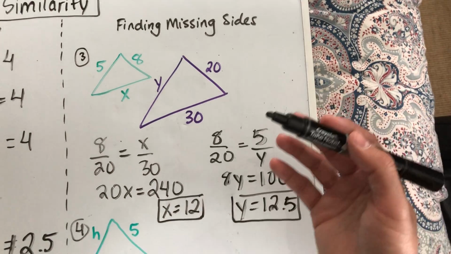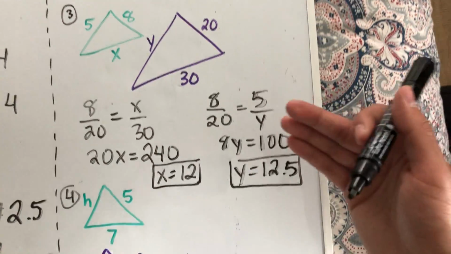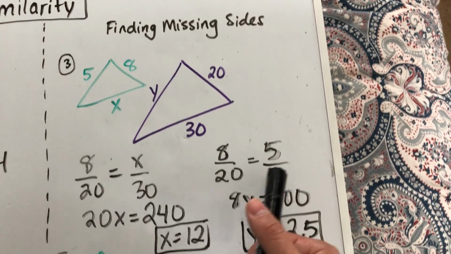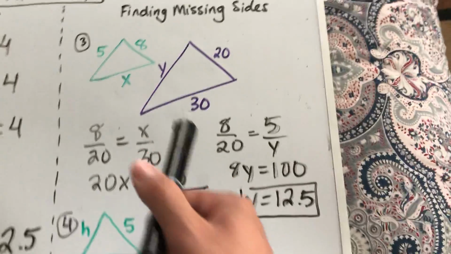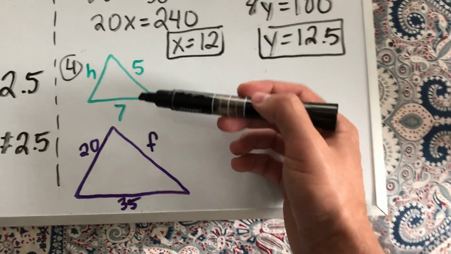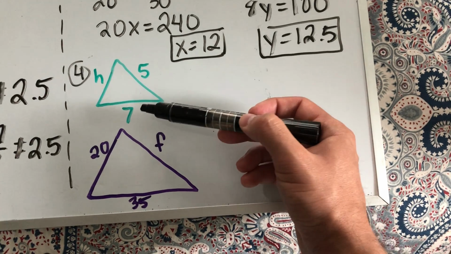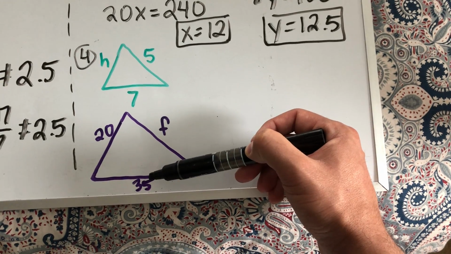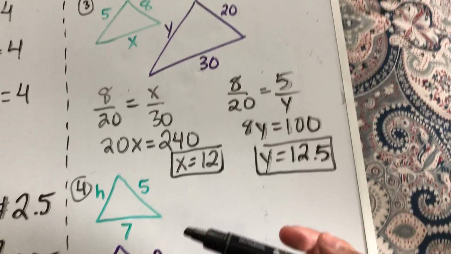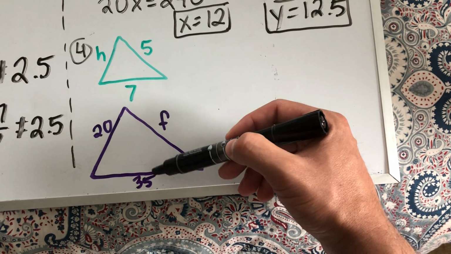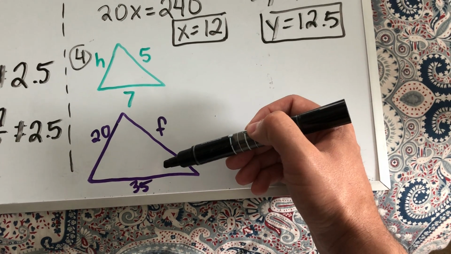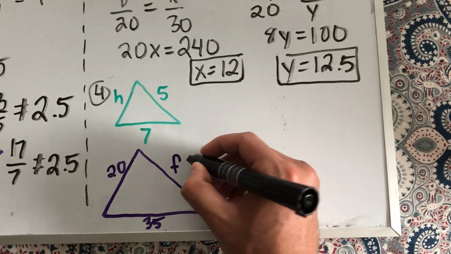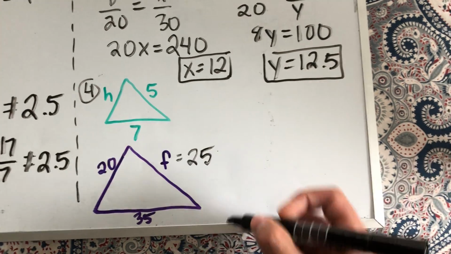So to find missing sides, when you're dealing with similar shapes, you make proportions and you solve. All right. Sometimes, so for this one, it wasn't that obvious, but sometimes it's actually pretty obvious that you don't even need to make proportions. Like for example here, if you look at these two similar shapes, I noticed that in order for 7 to turn into 35, you can just multiply by 5. All right, so if you want, you could still do the proportions, but I knew 7 times 5 was 35, so I know the scale factor is 5. So in order to find f, you just multiply by 5. So 5 times 5, f ends up being 25. If you want to